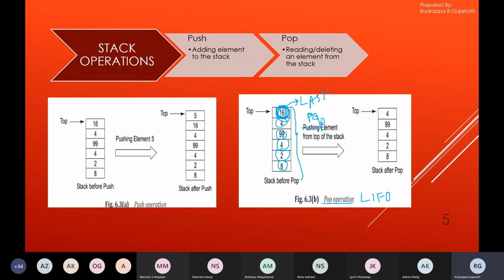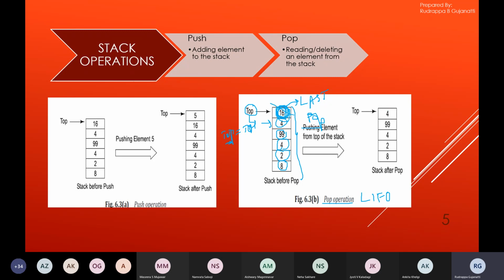So when we are performing the pop operation, you need to access the pointer which is top, and then you need to decrement it by 1. So it will be top minus 1 and that will be updated in the top pointer. This new pointer will be pointing to the element which is below it.